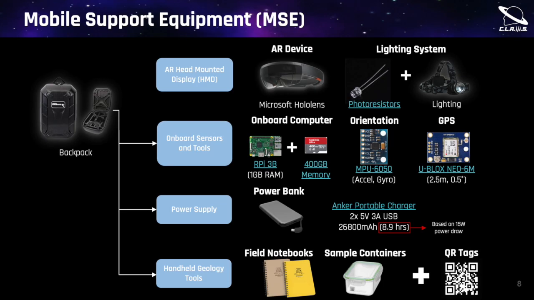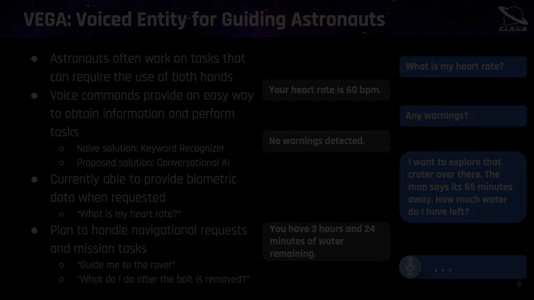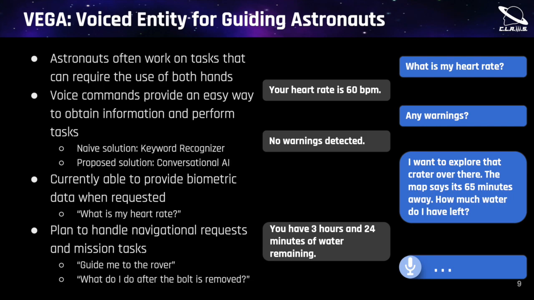To support all of these objectives, we put together mobile support equipment. This includes a suite of external sensors connected to a Raspberry Pi for data storage and processing. To address the drastic changes in lighting in a lunar environment, we have included an external lighting source that is activated by photoresistors. The primary way to interact with Atlas is through voice commands. Our voice assistant, Vega, leverages conversational AI to create a seamless experience. The user could ask Vega about their heart rate, whether there are any warnings, and how long the water supply